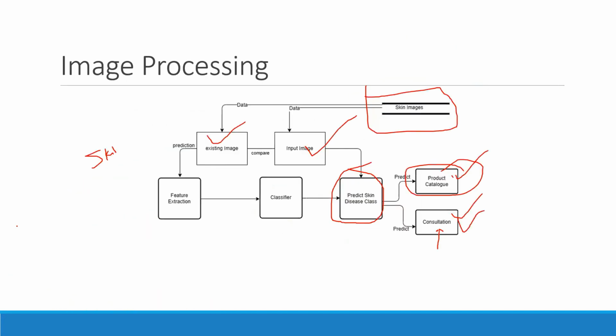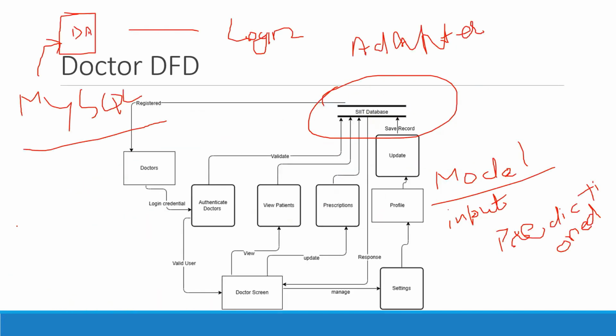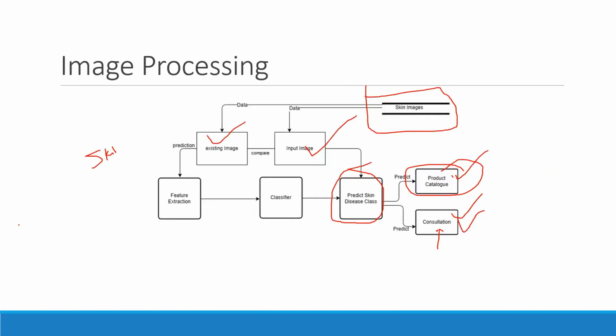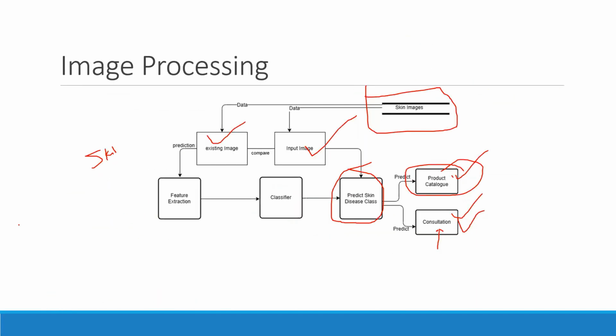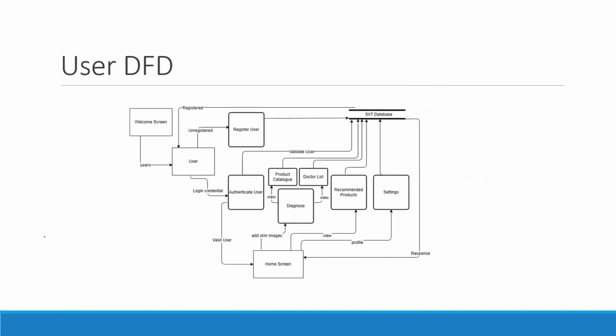See, in this created application, we basically have three stakeholders: user, product partner, and doctor in one model. Image processing, user DFD. Now, the user has the right to register himself as well. That means the user can register himself. For registering himself, the user, it means that